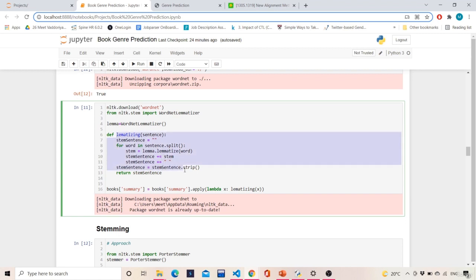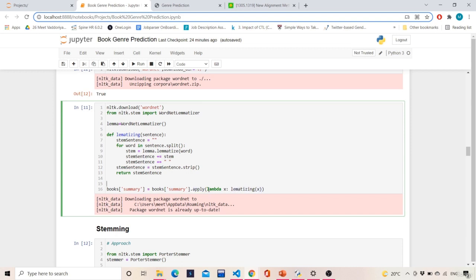Same as before, we'll apply a lambda function to this, so that it's an inline for loop. We'll use books of summary dot apply. For this, lambda x means for every summary in books of summary, apply lemmatizing of x. As simple as that.